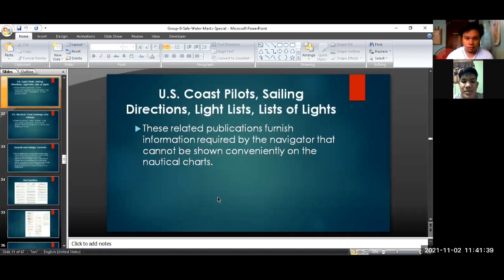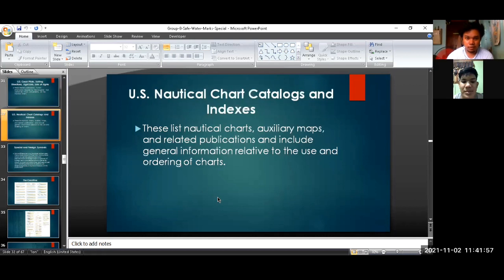Next is U.S. Coast Pilots, Sailing Directions, Light List of lights. These related publications furnish information required by the navigator that cannot be shown conveniently on the nautical chart. Next is U.S. nautical chart catalogs and indexes. These list nautical charts, auxiliary maps, and related publications and include general information relative to the use and ordering of charts. Next is